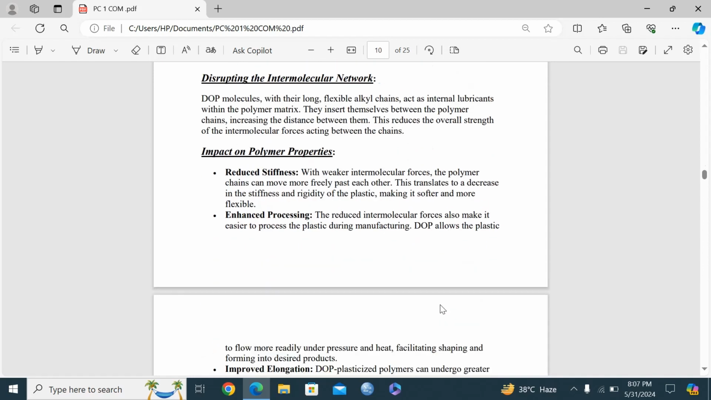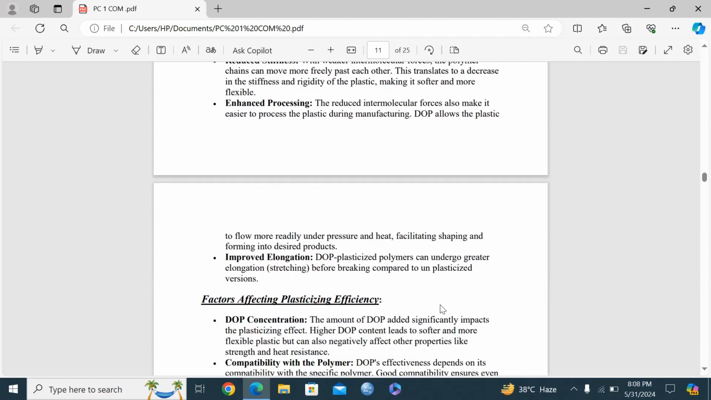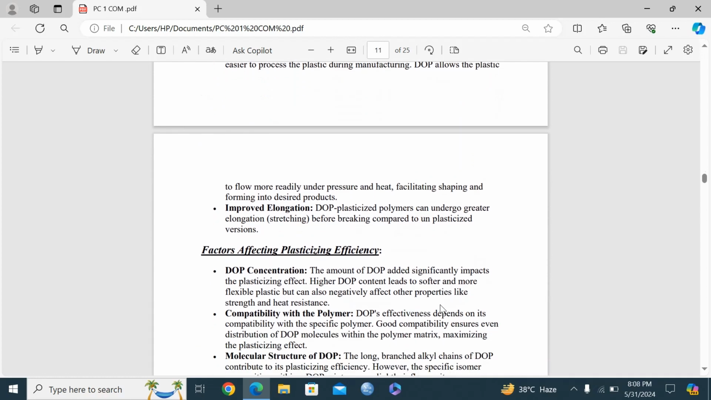Impact on polymer properties. Reduced stiffness. With weaker intermolecular force, polymer chains can move more freely past each other. Enhanced processing. The reduced intermolecular force also makes it easier to produce the plastic. During manufacturing, DOP allows the plastic to flow more readily under pressure and heat, facilitating shaping and forming into desired